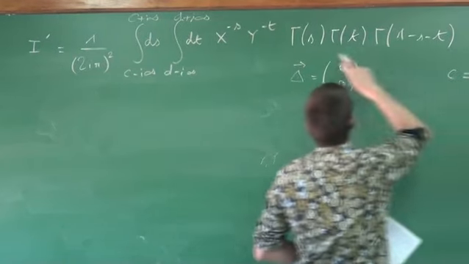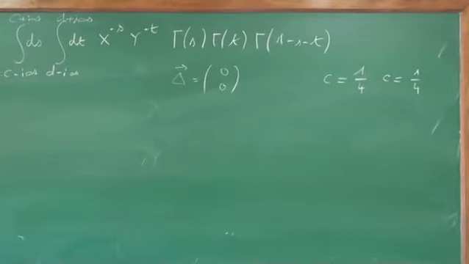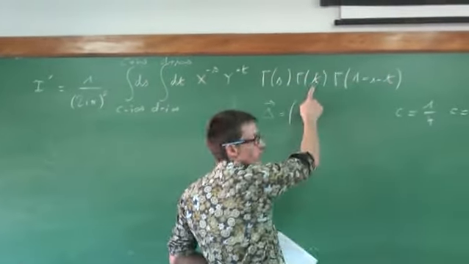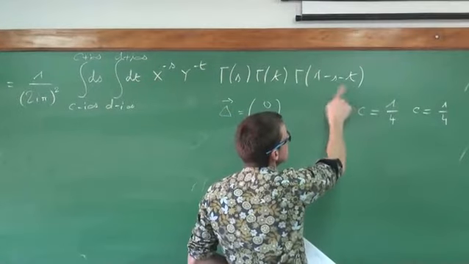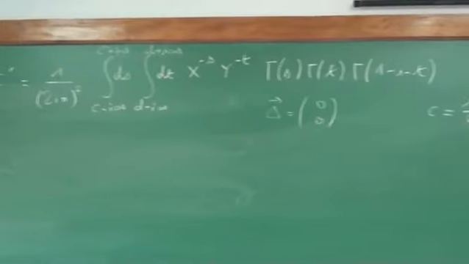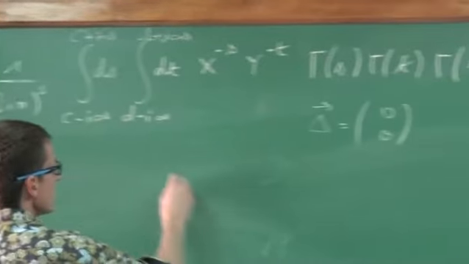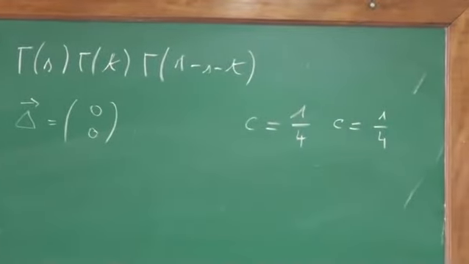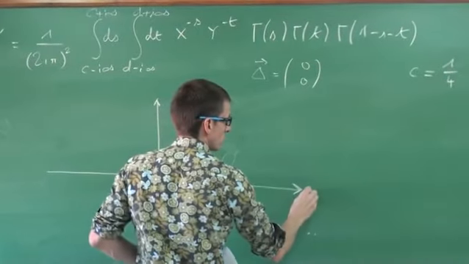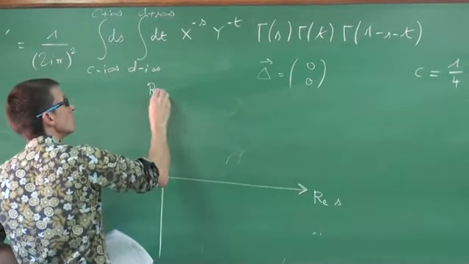Of course, not capturing the singular points of the gamma functions, which are at the negative integers for this and negative integer for this. So, the question, what is the singular structure of this integral? It is the following. If I perform a drawing in the real S plane,